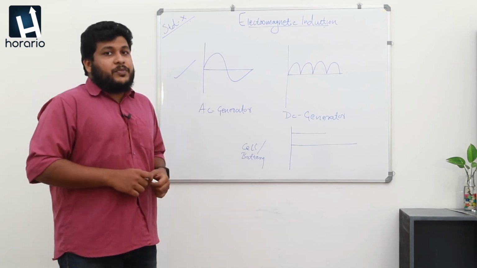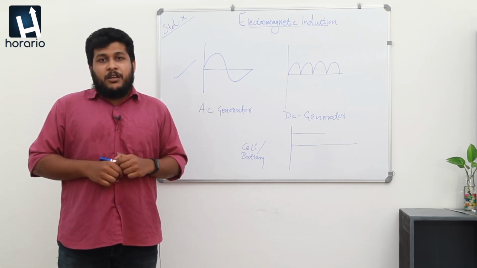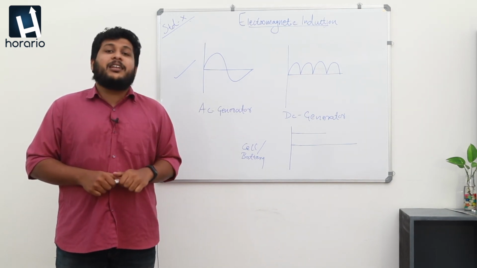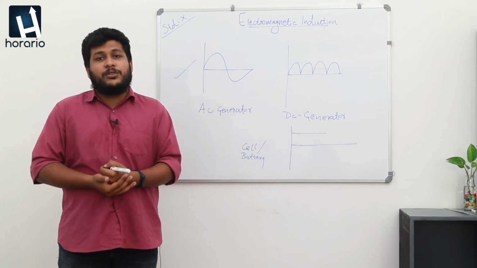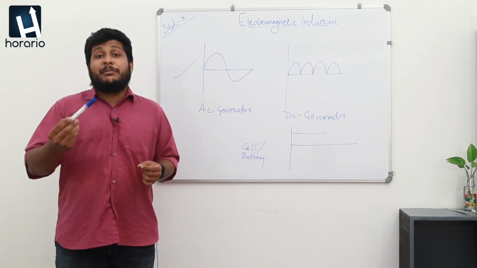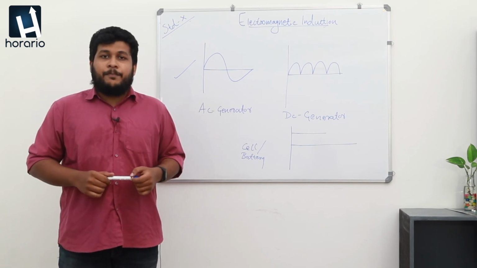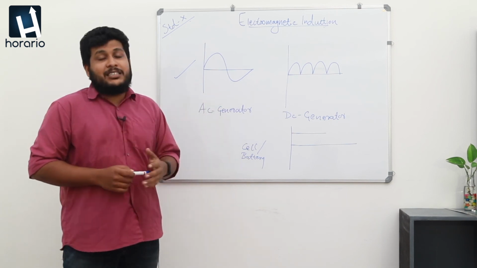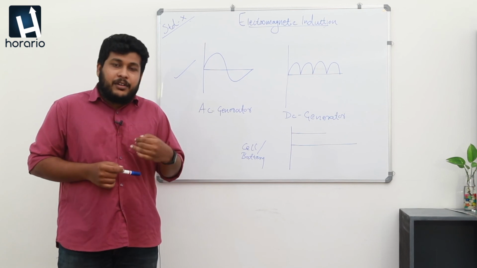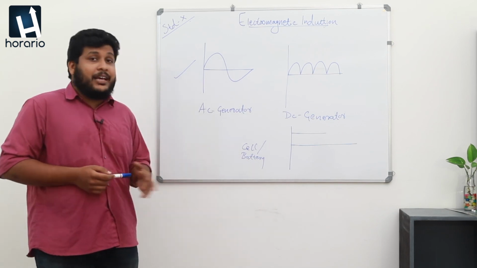So in today's session, we discussed the generator and how the generator works. For the explanation, we took an AC generator, and its parts and working were explained. With the help of diagrams, we also explained when the maximum amount of current is produced, and how we can get the maximum amount from the generator. We also discussed the different output forms of current from different electrical equipment, mainly three types: AC generator, DC generator, and a cell or battery.